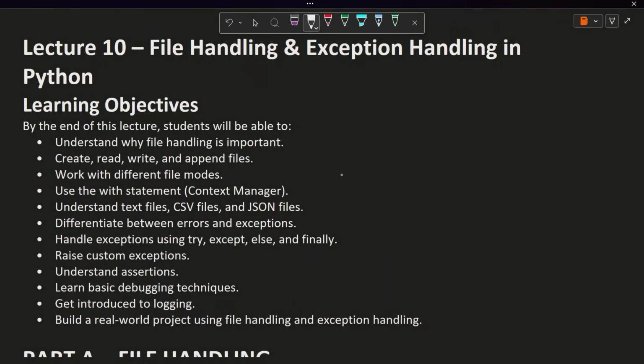The learning objectives of today's lecture are, by the end of this lecture, you will be able to understand why file handling is important, what is file handling, and how you can create, read, write, append files. After that, how you can work with different file modes, how to use the with statement, understand text files, CSV files,